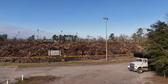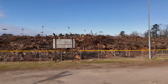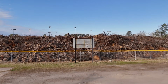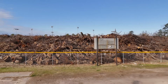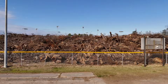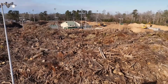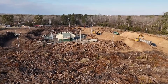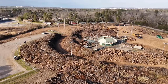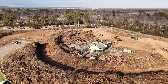There are debris trucks continually coming into this site, and now we're going to give you a really close view of how high the piles have been stacked and how far over this particular pile goes away from where the drone is right now. That is a lot of debris still left to be chipped up, and you'll be able to see now how wide this pile is compared to how high it was. There goes, at the top of the video, a white debris truck leaving, and we have